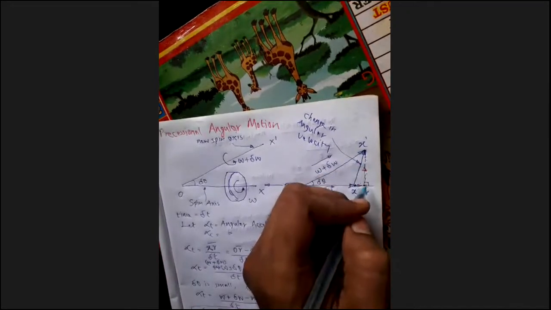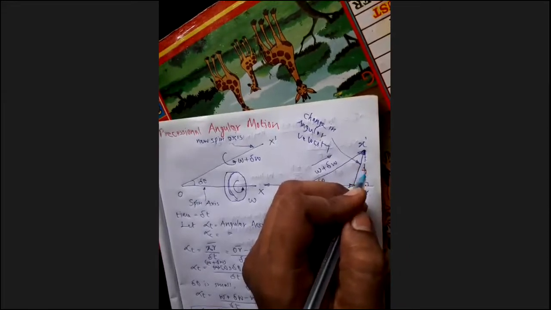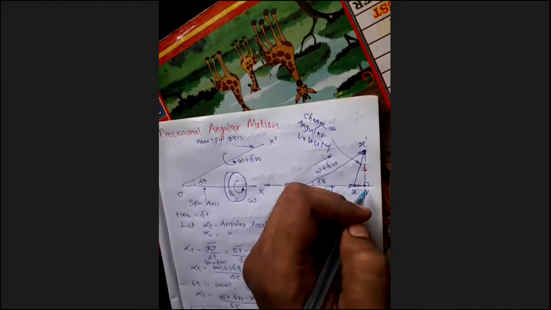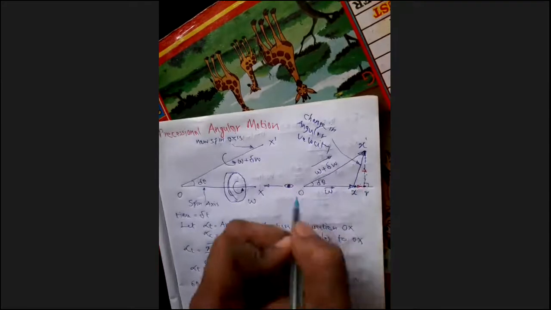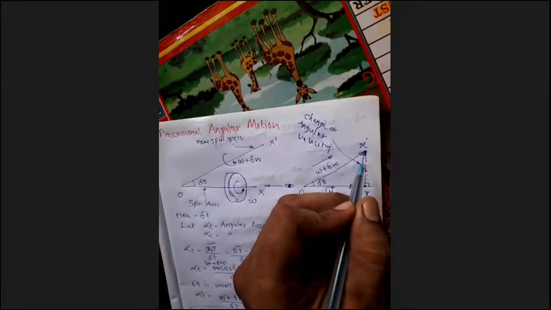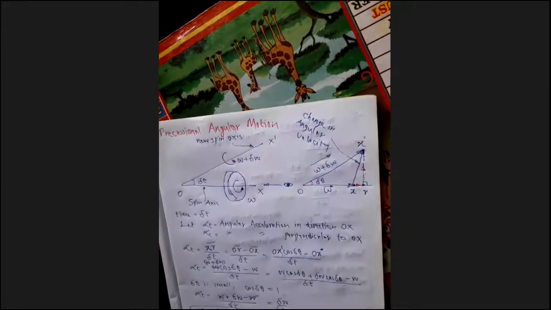This must have been produced by some torque or couple. The torque or couple which produces this gyroscopic acceleration perpendicular to OX is called the gyroscopic couple. Is it clear? Okay. Now you remember the video